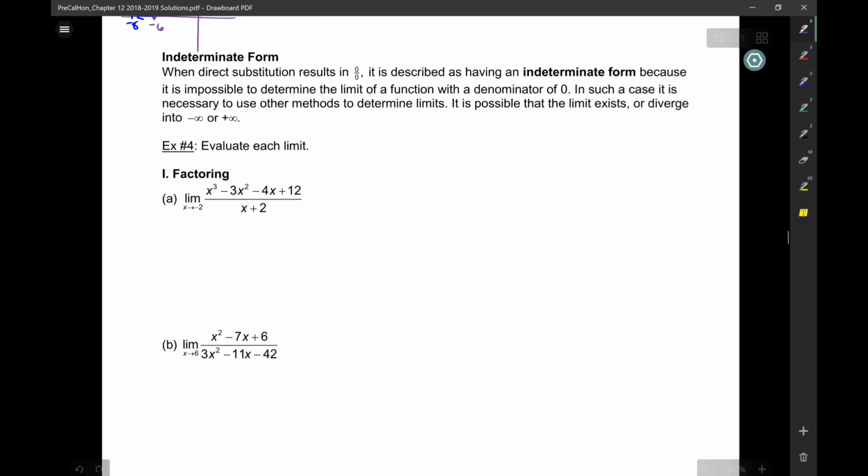Indeterminate form. Sometimes when I have a rational function and I put in my x value, I get 0 on top over 0 on the bottom. So look, when direct substitution results in 0 over 0,